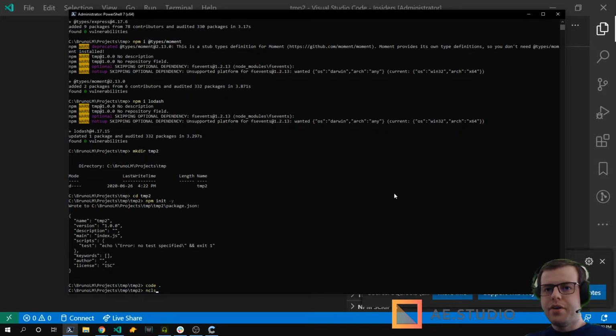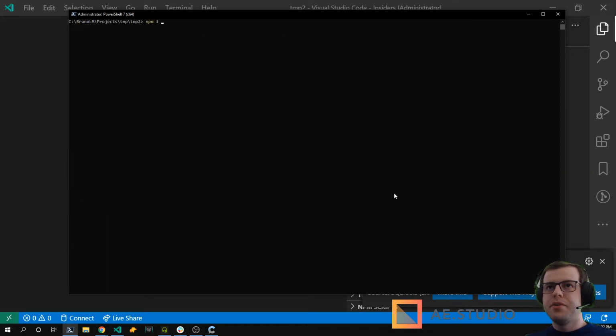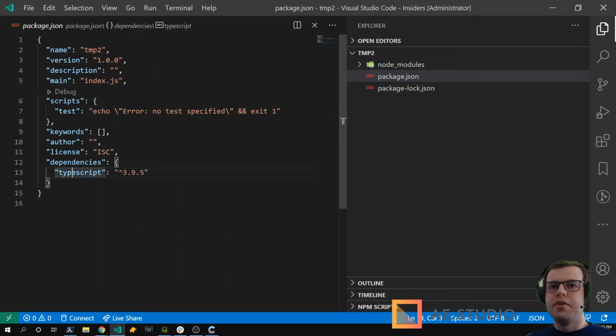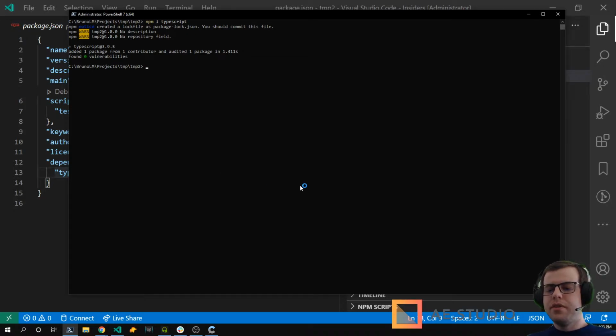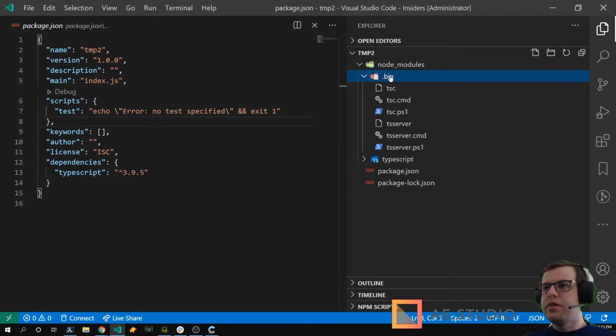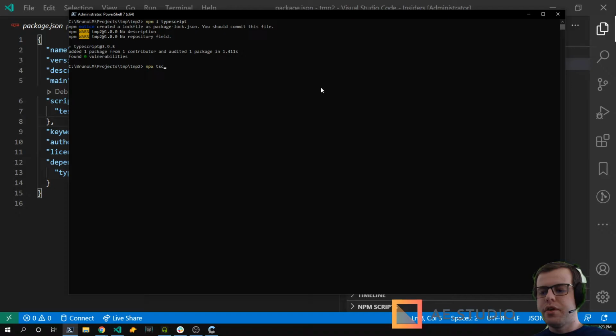So if you want to play around and create a project from scratch with TypeScript, first thing you need is to install TypeScript. So I just created an empty package and I'm installing TypeScript into it. And then the next thing you need is to create a configuration file. So the compiler, the executable that TypeScript has, is called TSC. And TSC, you can see it inside node modules. Inside the .bin folder, you can see TSC over here. And that's the compiler. That's what you call in a file to transform it from TypeScript to JavaScript.